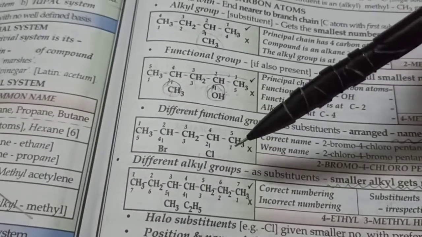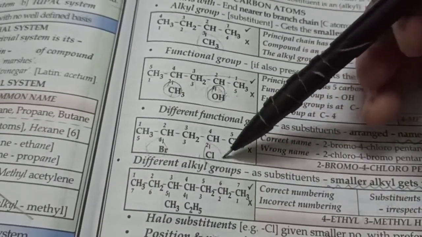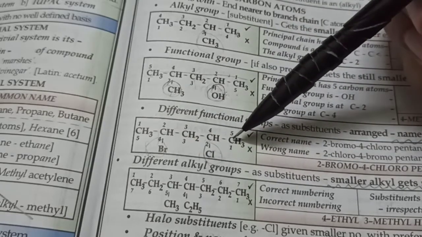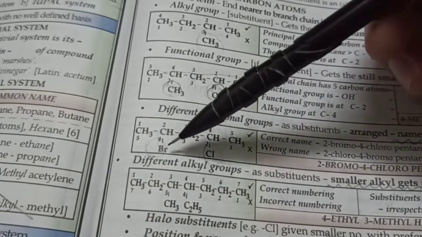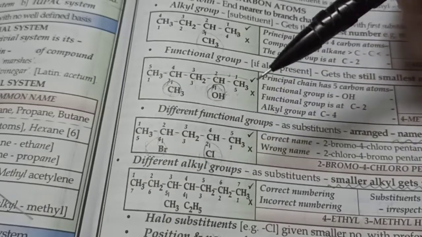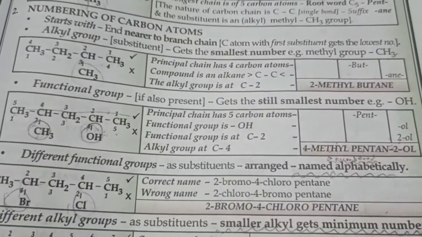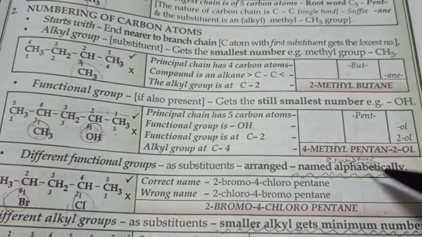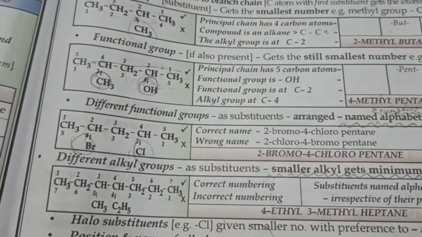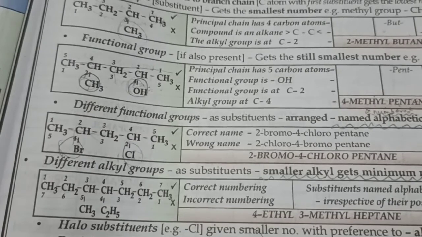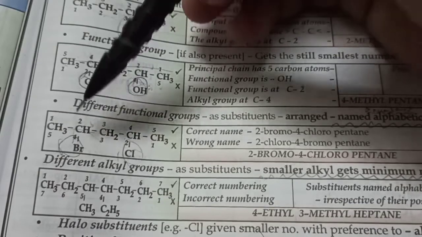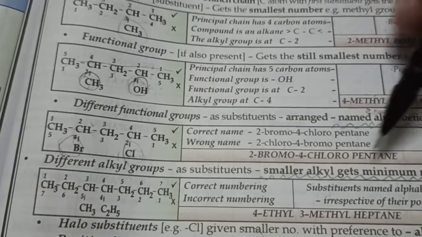Now let's go for this one. I've got 2 halides here. Halogens attached are called halides now. The longest chain will be pentane. Okay, pentane, single bond. And it will be bromo-chloro or chloro-bromo. And how will the numbering work out? Who should get a lower number? What is the rule? Well, for halides, the rule is they're always named as well as numbered alphabetically. That means bromo will always get the smaller number and will be written first. Remember this: bromo, chloro, iodo, fluoro. It's all alphabetically for halogens. Okay, so let's start the numbering from left hand side so that the bromo gets the smaller number. So it'll be 2-bromo-4-chloro pentane.